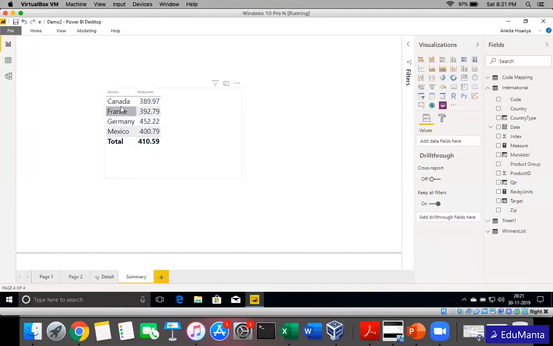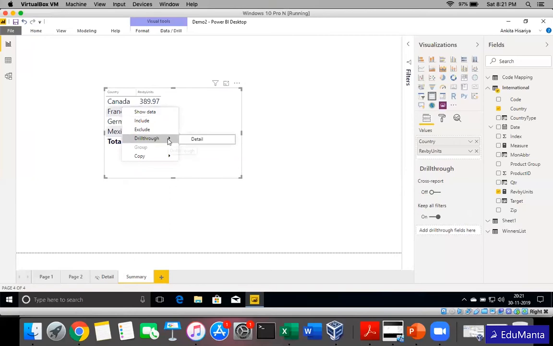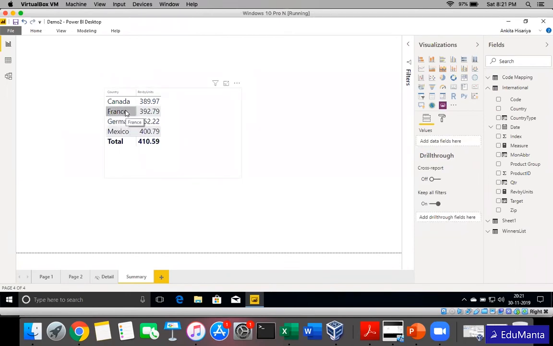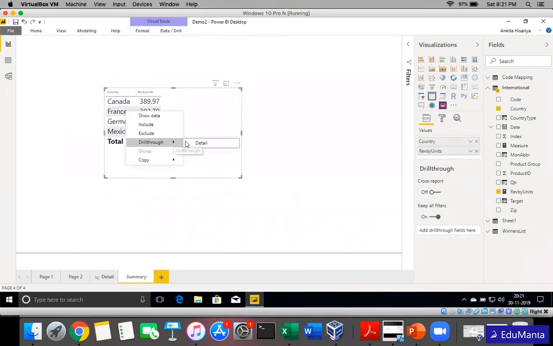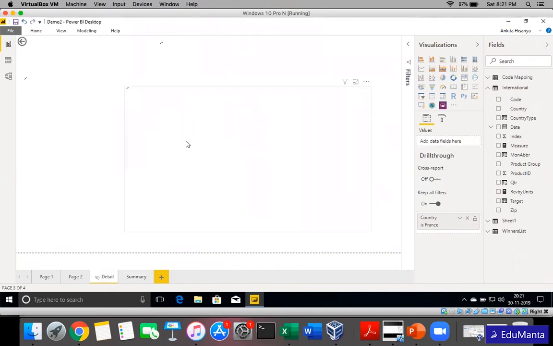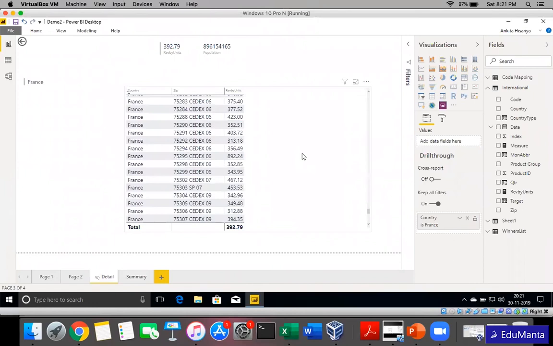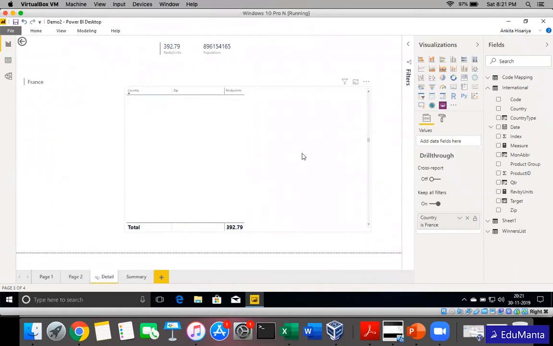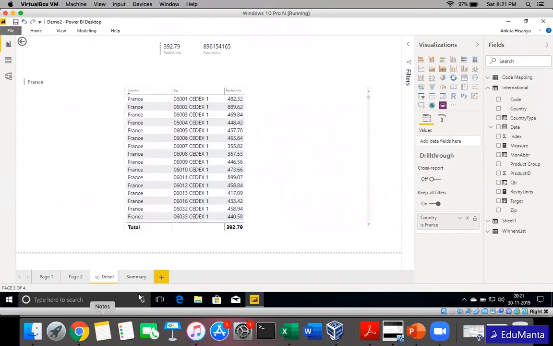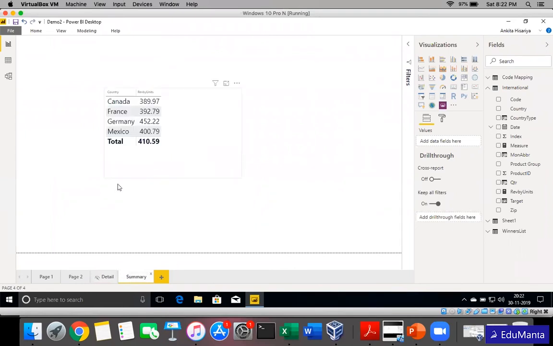Then what would happen? When we right click and say drill through, we'll get a list of those pages. When we drill through, for example, I'm selecting France and saying drill through detail, this entire page is just for France. We don't have any other data here. So this way we are passing the filter from the summary to the detail page.